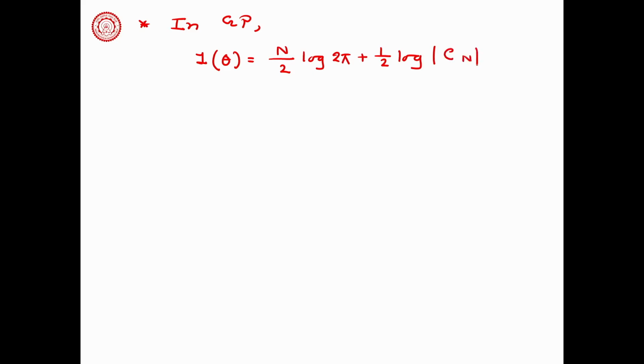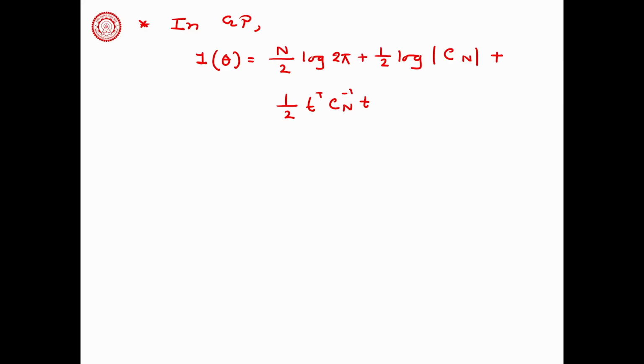For example, if I have to write down the Gaussian process loss function, L theta is n by 2 log 2 pi plus 1 by 2 log determinant of Cn plus half t transpose Cn inverse t, right. This is what we derived last time. This is our loss function,